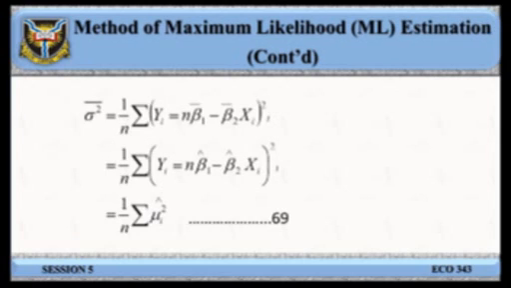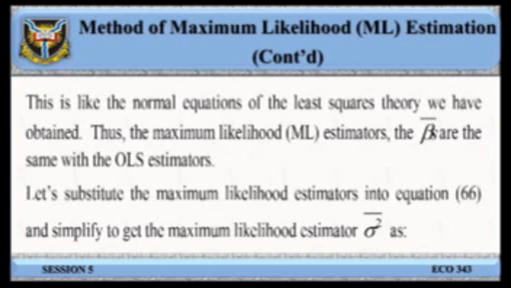Simplify equation 64 and 65. Give the further equation below. This is like the normal equations of the least squares theory we have obtained. Thus, the maximum likelihood ML estimators, the betas mean, are the same as the OLS estimators. Let's substitute the maximum likelihood estimators into equation 66 and simplify to get the maximum likelihood estimator of variance as shown